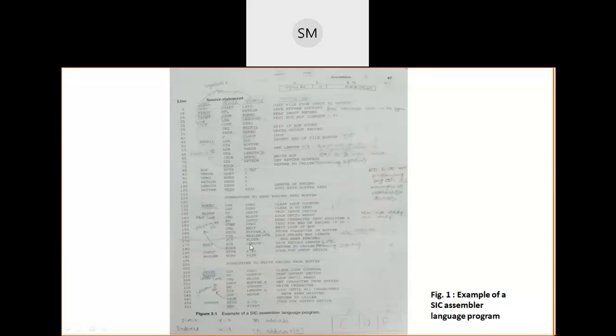Now next instruction is RSUB. What is it? Return from subroutine. Return from subroutine means RD record, that is read record, is a subroutine. I have to return from this subroutine. Where do I have to return? Who was calling you? You have to go back to that calling function, that is the main function here. So after executing this return from subroutine, you will go back to the next instruction which follows the JSUB instruction in your main program, main subroutine.